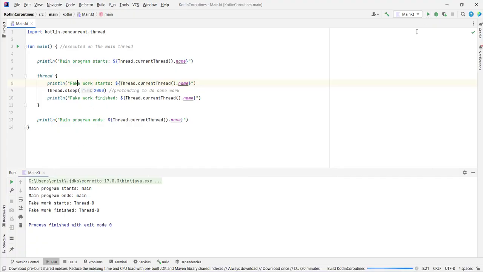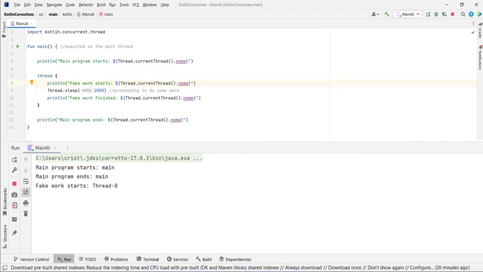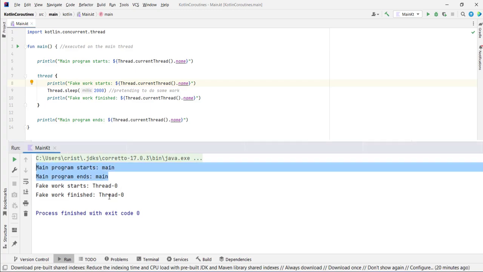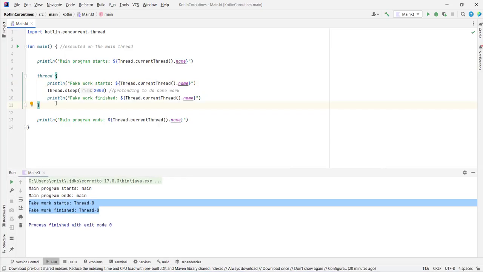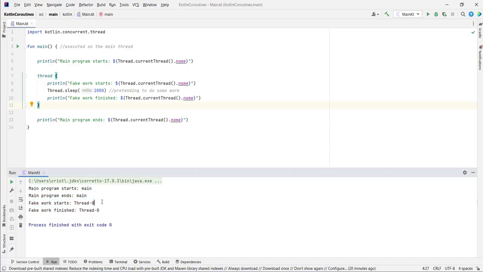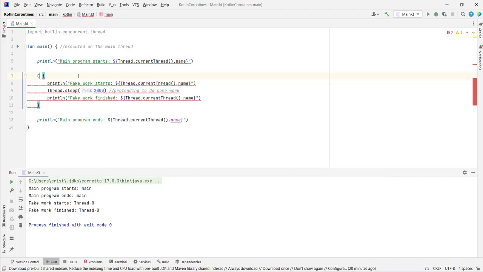And now if you run this again, you'll see the same output. So you get main program starts, main program ends. So those two are executing in parallel with those two that we have here. And this is because we're using a background thread. Now, let's see how we can achieve the same thing using a coroutine. So instead of thread, I'm going to delete what we have here, and I'm going to type here coroutine